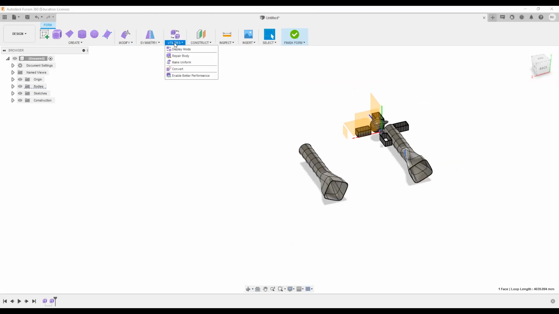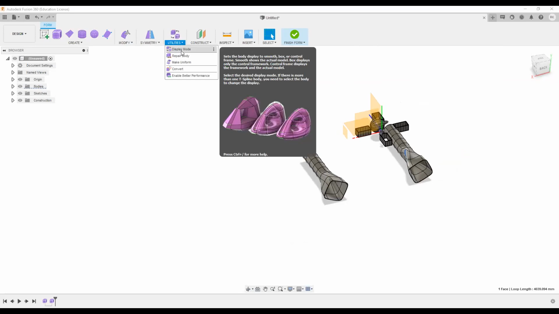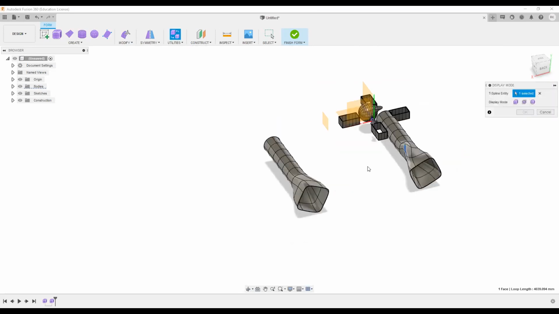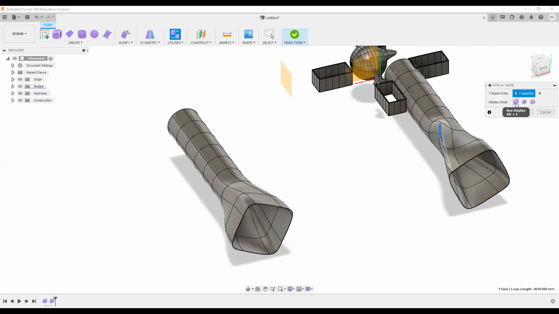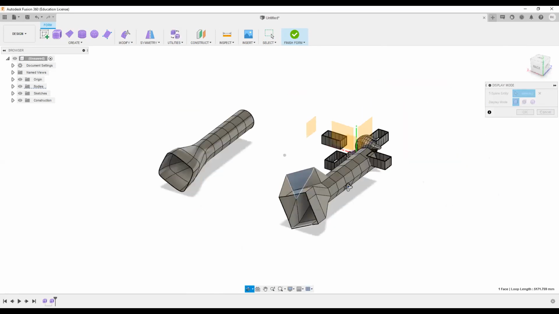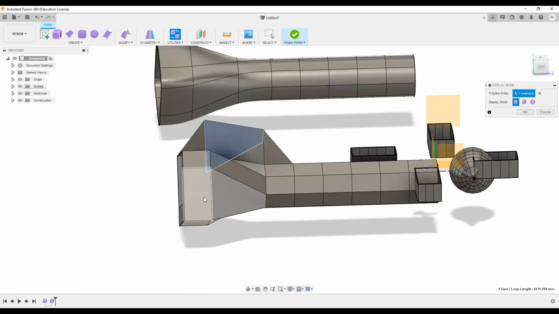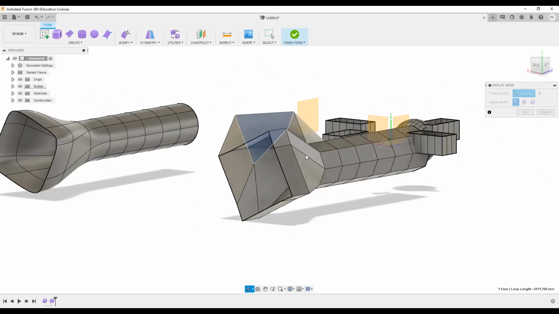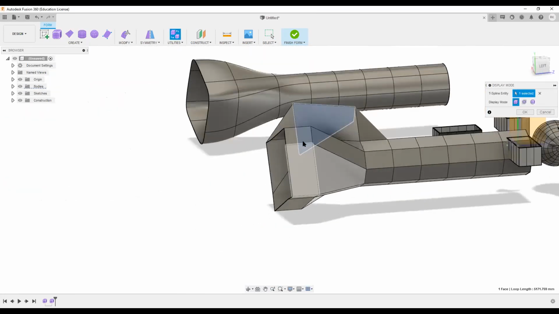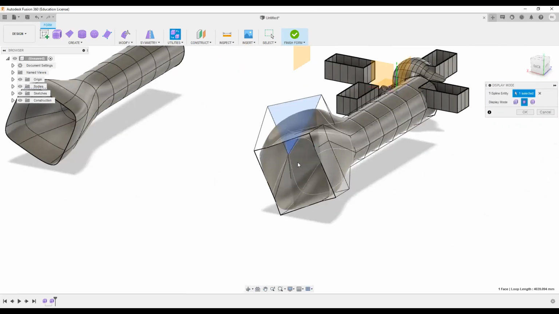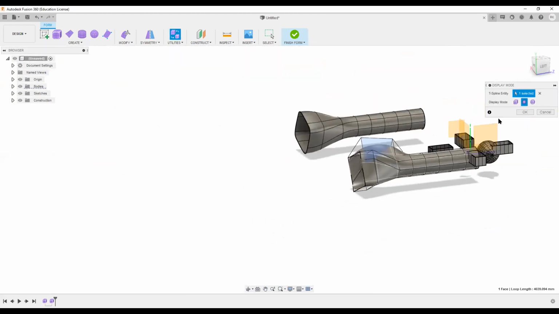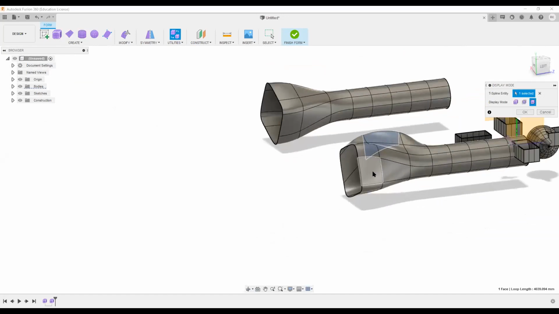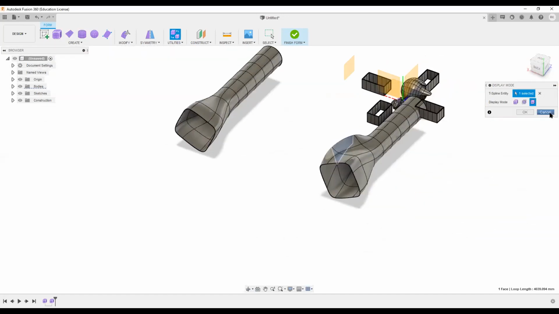Then there are utilities where I can change the display mode. For example, this is a box display. If I choose box display, then this whole body will be displayed as a box, with square edges. It won't affect our actual body, it's just for display purposes, right? If I want to make it a wireframe or control frame display, this way it becomes a wireframe or control frame display, and this is the smooth display, which is the normal display, right? You can change this.